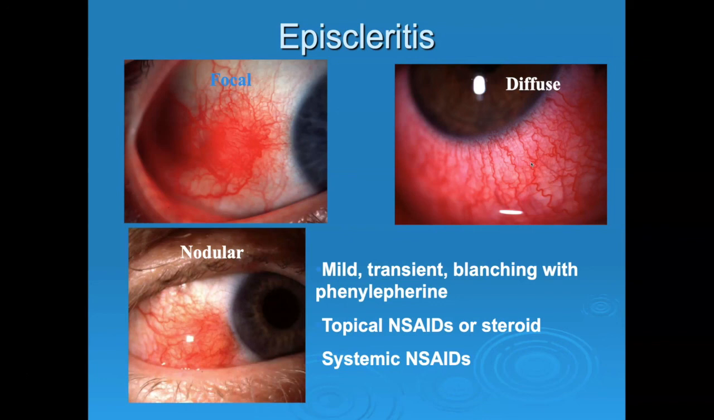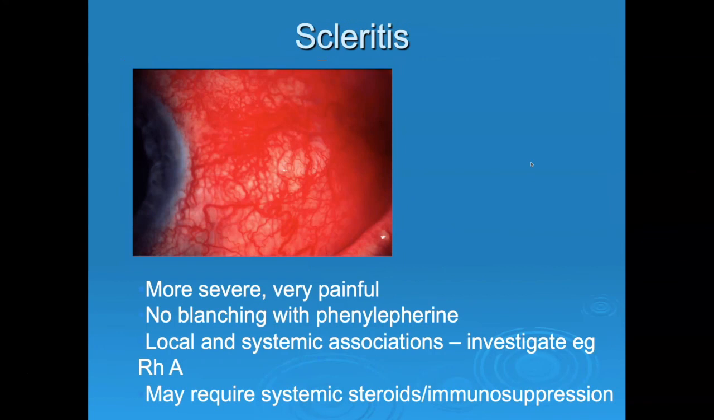By contrast, the very rare phenomenon of scleritis is an exquisitely uncomfortable condition. The eye is a really brawny, violaceous red. It doesn't blanch when you apply phenylephrine drops, and that will distinguish it, if you really need to, from episcleritis. It needs to be treated with topical and usually oral steroids, and is often associated with systemic disease such as